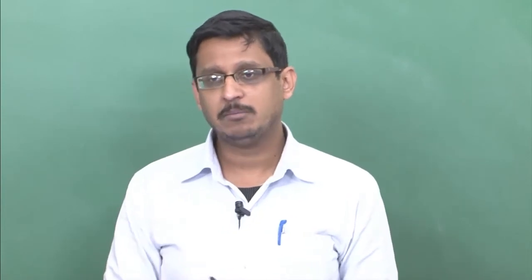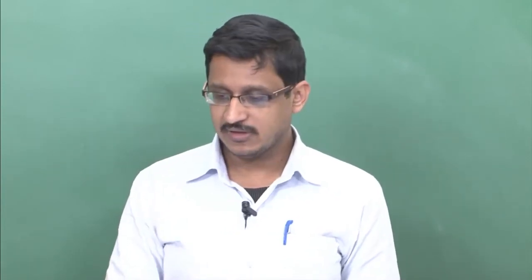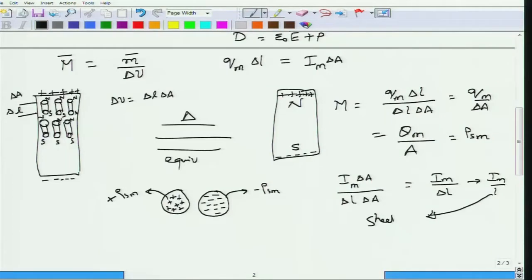The units of Im by L is current per meter, and this is precisely the sheet current that we talked about. Okay. So, the sheet current measured in ampere per meter is another equivalent way of looking at the